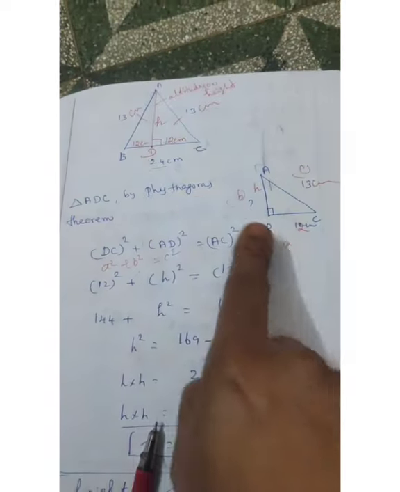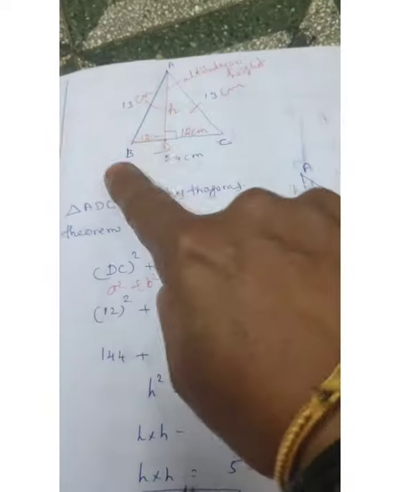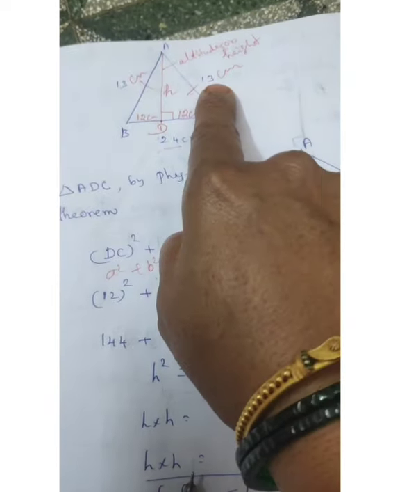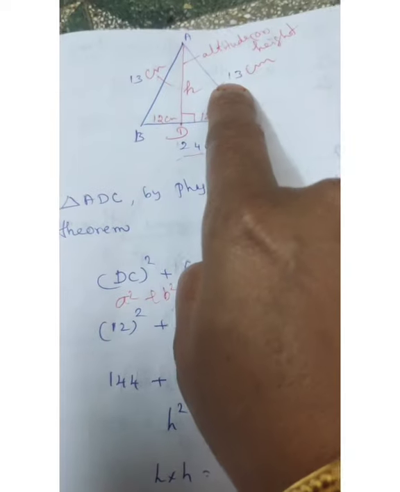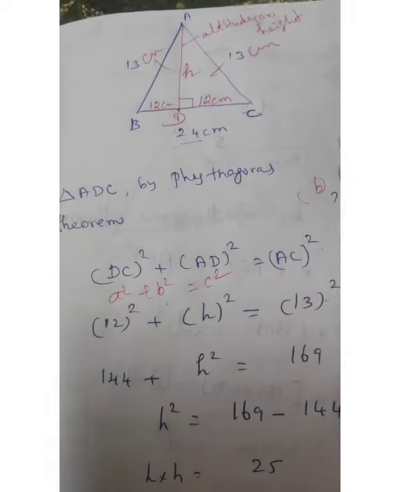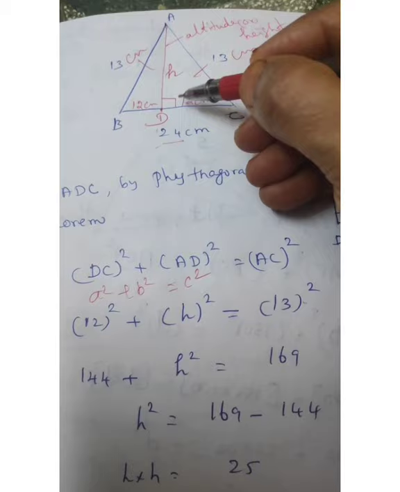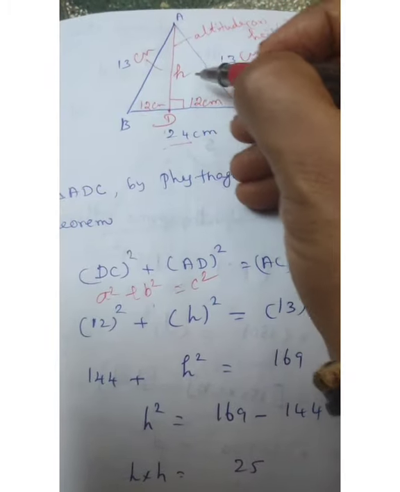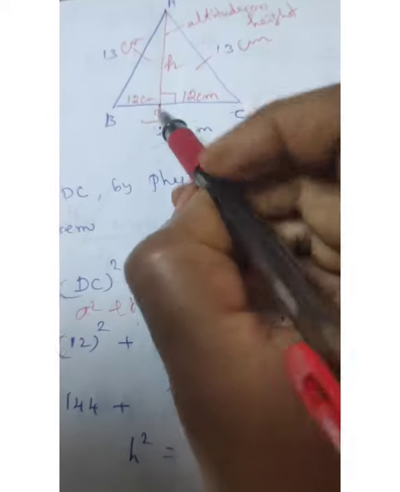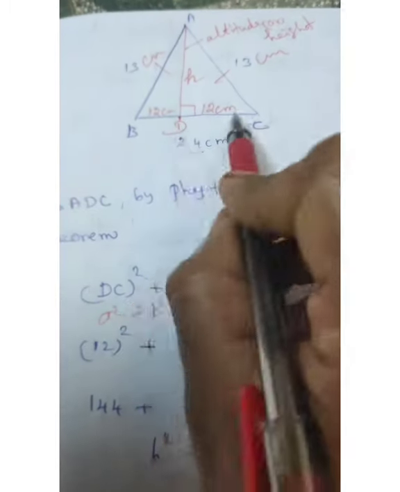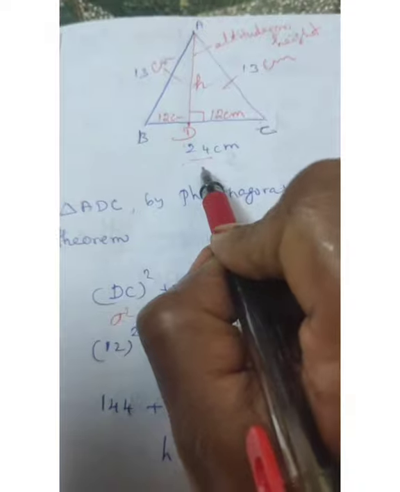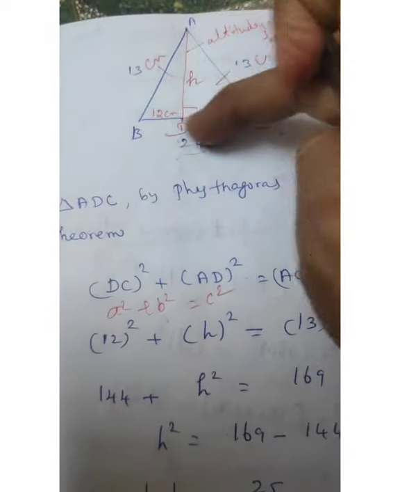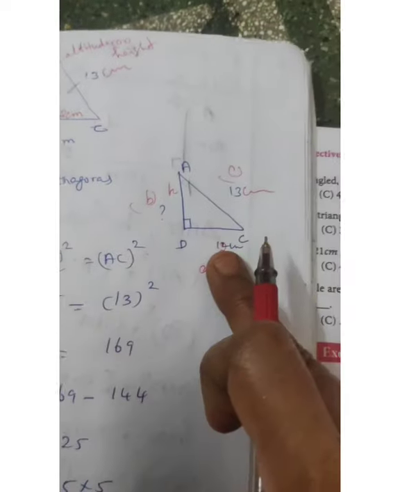Now here clear or not? Given in one triangle ABC, BC base value equal to 24. Two sides also isosceles triangle, 13, 13 you write it there. There I am drawing one median perpendicular. This line is called the altitude or height, for H you write. This median point is D you write. 24 divided in same only. So 24 half equal to 12. Here 12 centimeter, here 12 centimeter. This one side only take and do the sums.